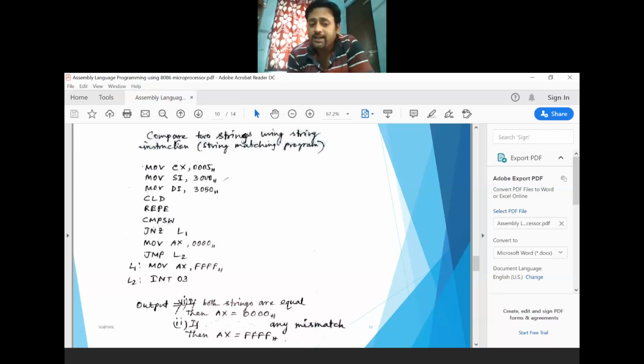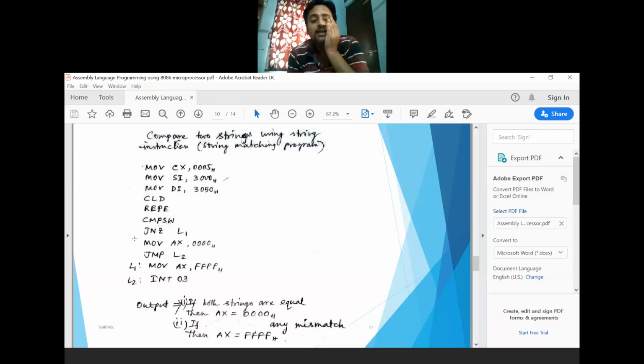Now if this condition fails, that means both are equal. After comparing all the string words, if they are equal, this instruction must be executed: move ax comma 0000. Then you have to stop your program, which is given as JMP L2, and L2 is this one, int03.